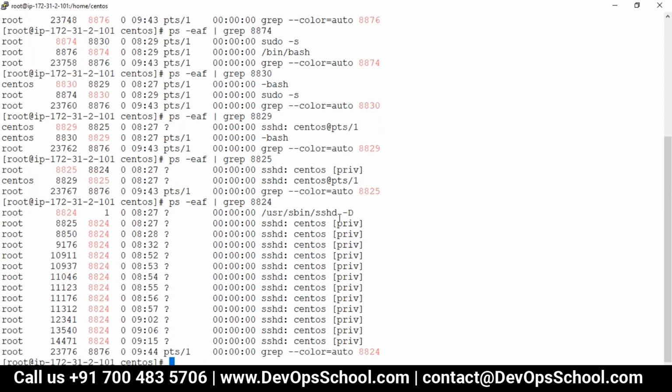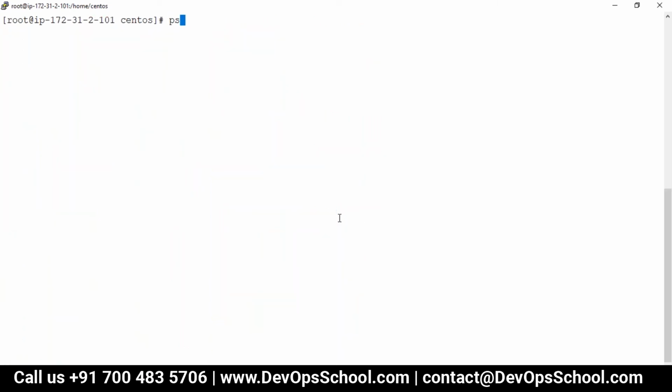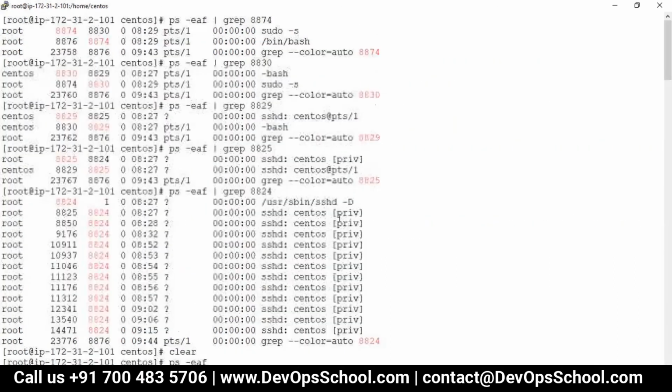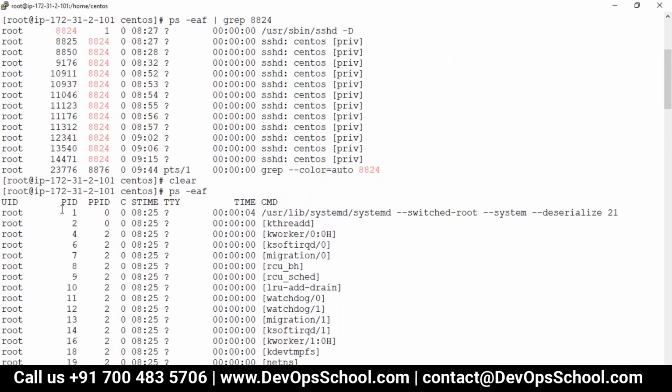And you look at this here. Now this is important. I trace myself, and finally I found out 8824 belongs to PID 1. Okay, so now I want to know what PID 1 is. If I see the ps table, I see PID 1 is systemd. And who's the parent of PID 1? 0.